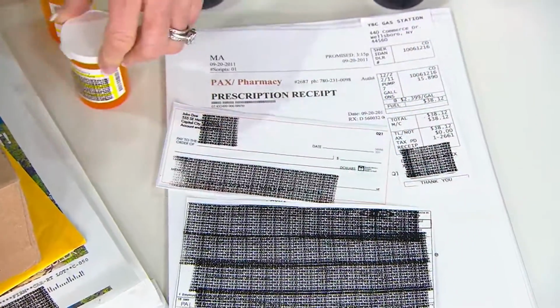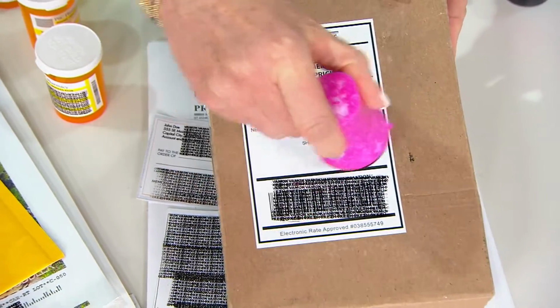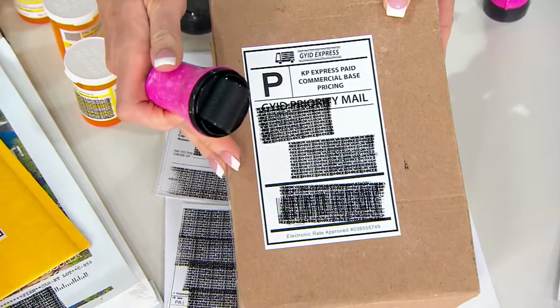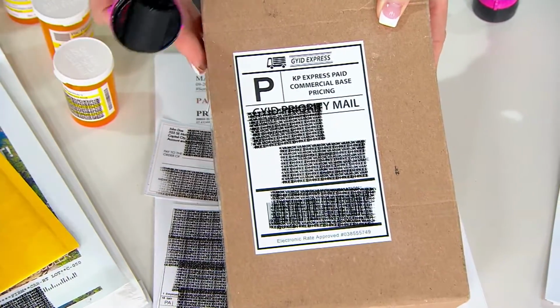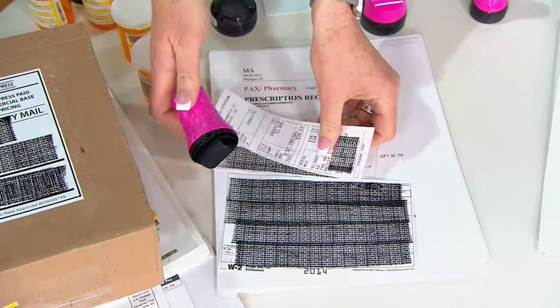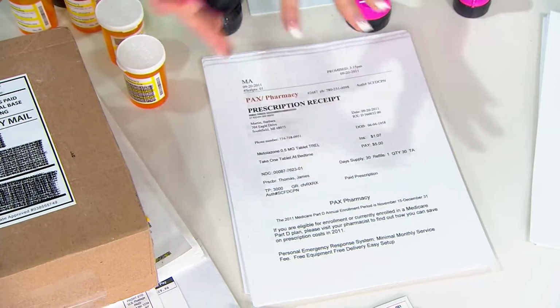My old bottle, when I get home tonight, I will guard your ID, the label, before I throw it out. And if you've got shipping labels, guess what's on there? The tracking number. Right. If someone gets a hold of that label, they could reverse track your package and get your name, your address, your payment information. Yeah, exactly. So it's so important, every time we have a piece of paper that has precious information on it, you don't want it in your trash or recycle bin, because that's fair game for